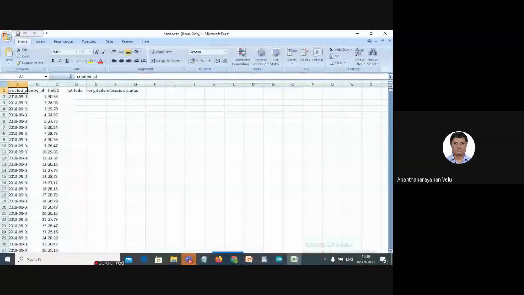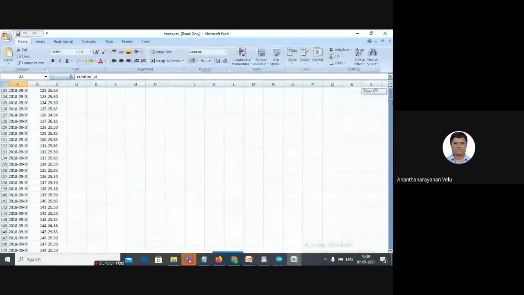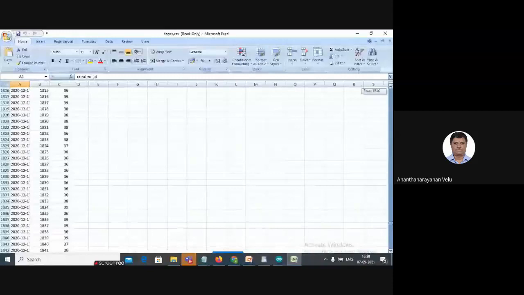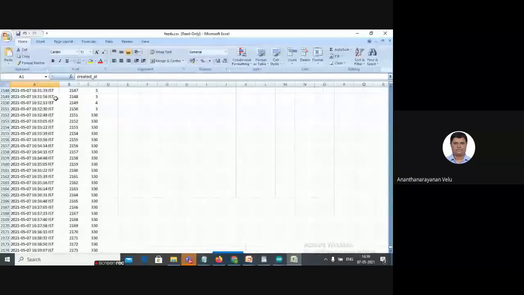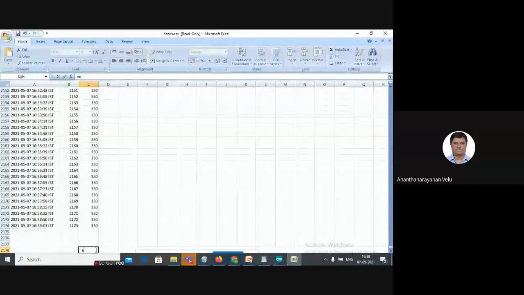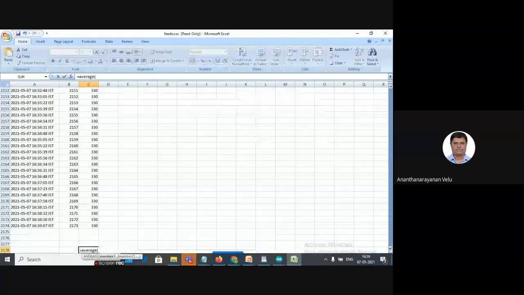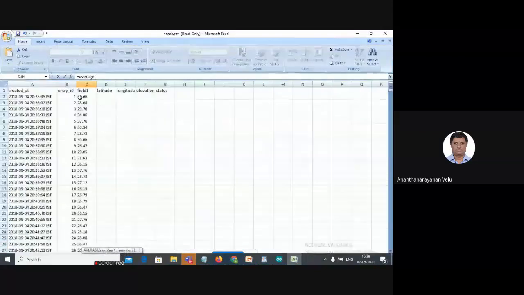The CSV file will contain the timestamp along with the various values populated. You can see the current value today, 7/5/21. And if you want to verify whether the value given by MATLAB is the actual value, we can also do a simple calculation using the formula available in the Excel.